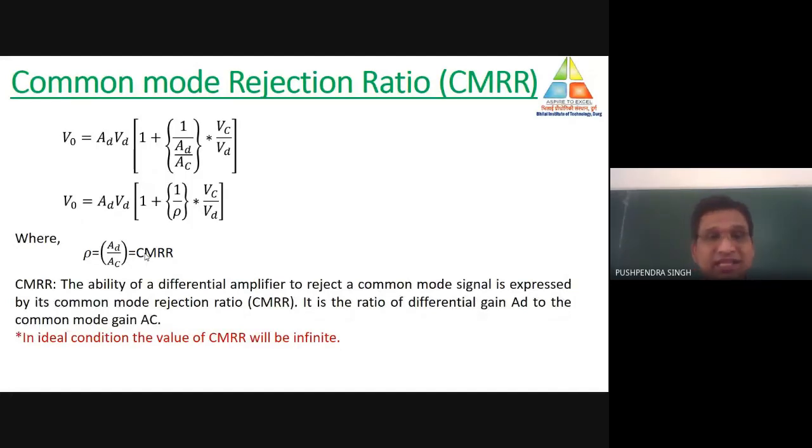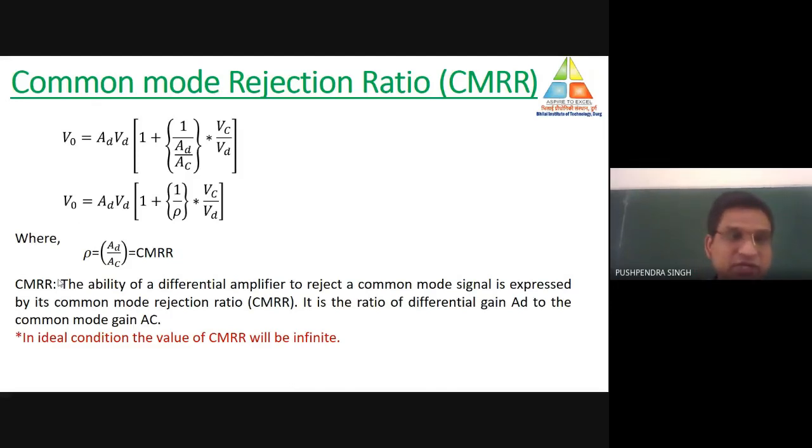And what is this common mode gain? Common mode gain is nothing but the amplification of the noise signal. Why? Because it is being calculated based on the noise signal only. So in ideal condition, whenever we talk about the value of CMRR, whenever we are going to design any practical electronic circuitry, as per our knowledge, the content of noise signal in any kind of electronic circuit should be minimum, or in ideal condition it should be 0.